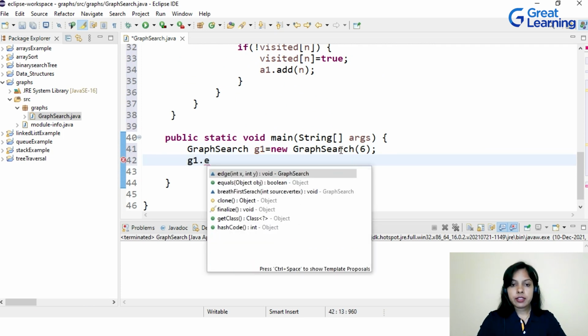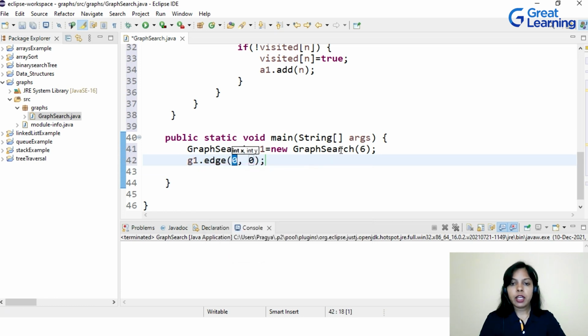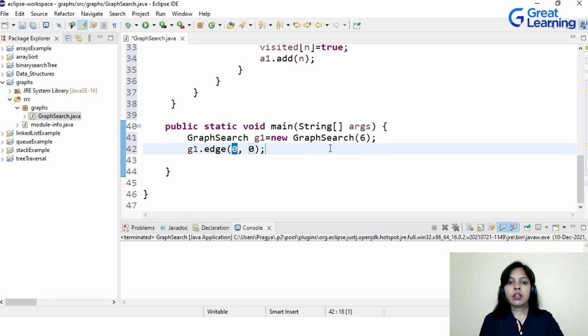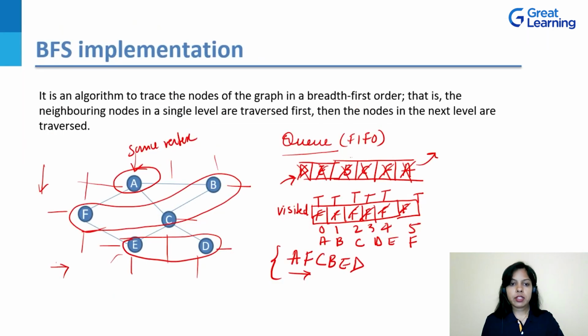We'll have first the adjacency list, guys, right? So we'll call edge to define the edges now. Okay. So let us take one example of the same graph which was there in our slide. So let's go to the slide. So yeah, this was the slide, right? This was the graph in the example here. So in this, if I mark this as integers, because integer is what we are taking, 0, 1, 2, 3, 4, and 5. Okay. So the adjacency list will be